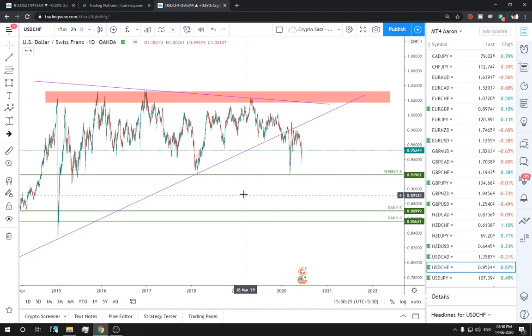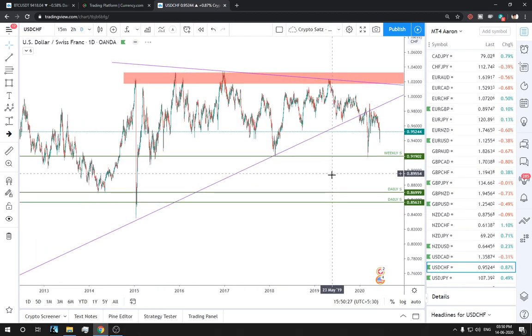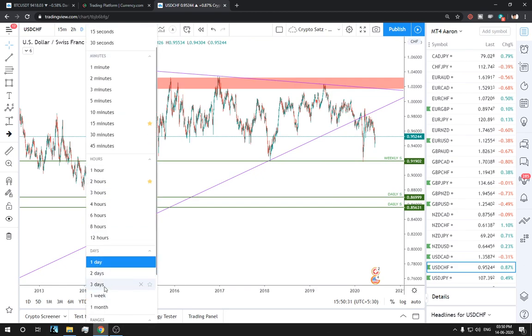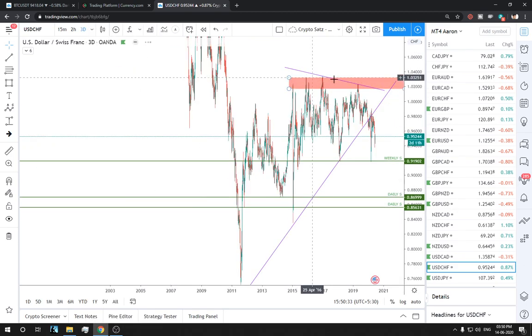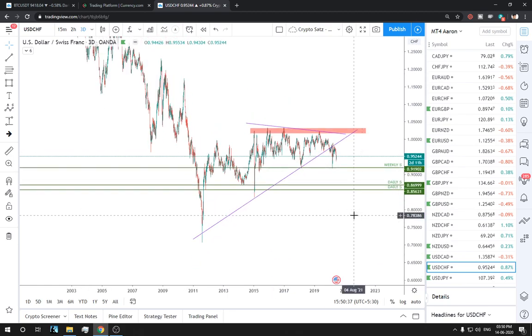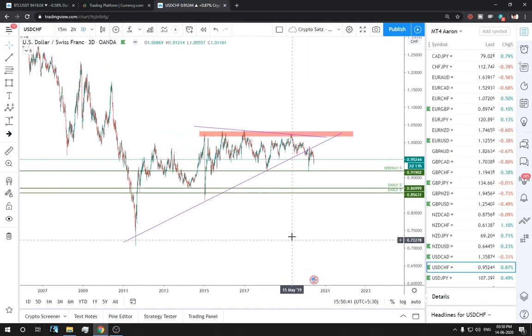So USDCHF, I don't like this because it's very choppy. Until we have a clear break on this resistance, it's a cat on the wall, because you can see it's very choppy out here. And yeah, we did have a symmetrical triangle